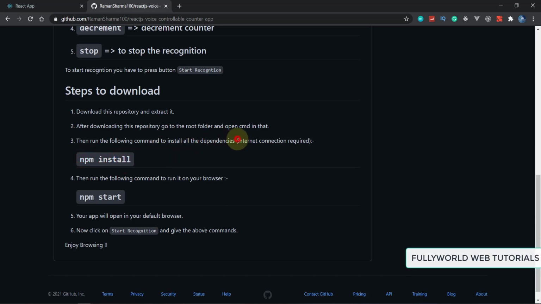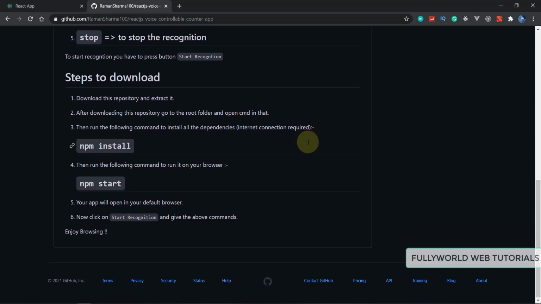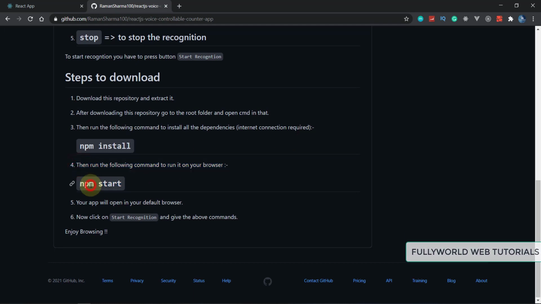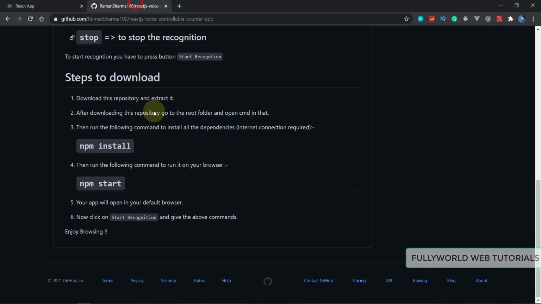Make sure you have an internet connection because all the dependencies will be installed from GitHub only. Then write npm start to run this on the local server in your default browser, and then you can start enjoying it.